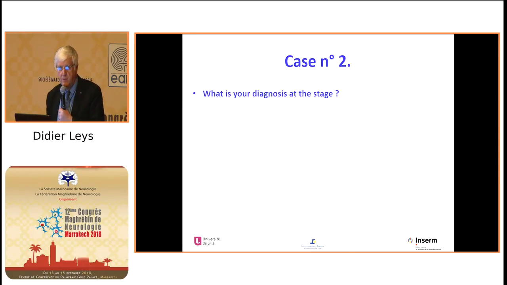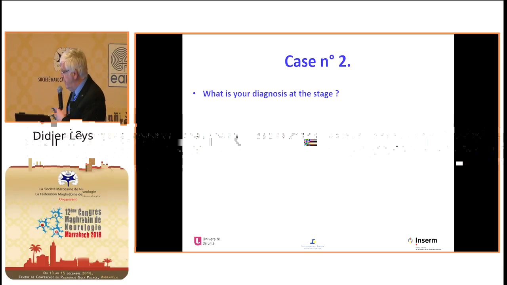What would be your diagnosis in the department? I was called by the emergency physician saying, oh, I have a stroke. And he informed immediately the radiologist, and the MRI was available at this time. And the radiologist said, oh, you think it's a seizure? Will we do the MRI now or wait? And I said, if it's available, if there is no patient, she will need MRI anyway, so why not